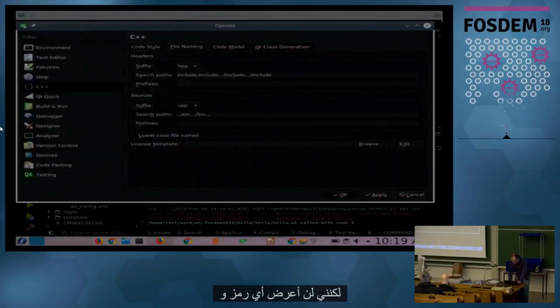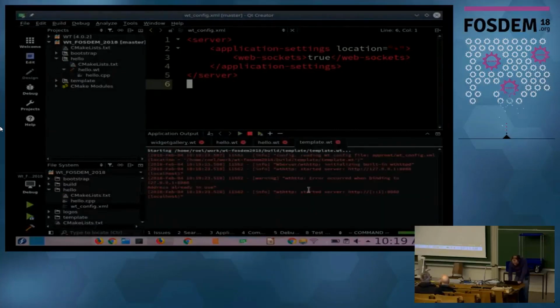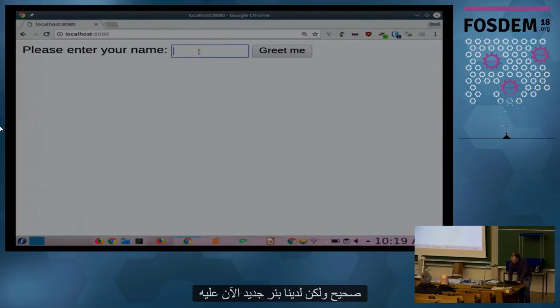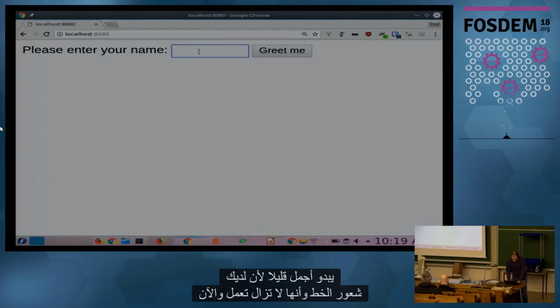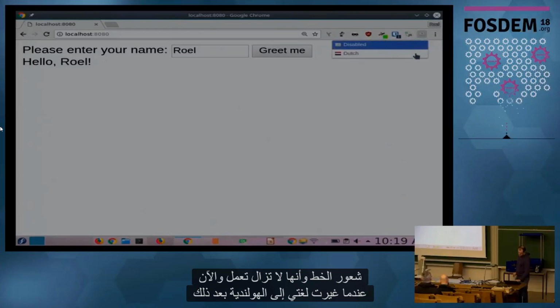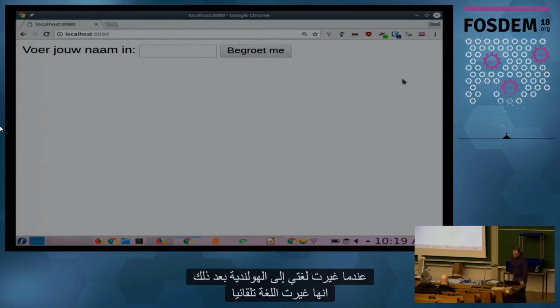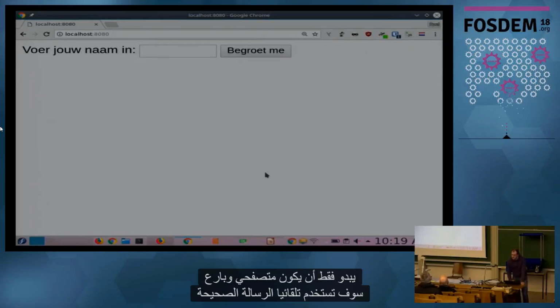I'm not going to show any more code in this editor. Anyway, now it looks a bit nicer because you have a sans serif font and it still works. And now when I change my language to Dutch, then it automatically changed the language. So I just changed it in my browser, and Witty will automatically use the right message resource bundle.